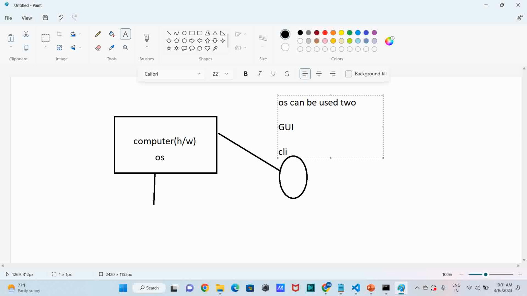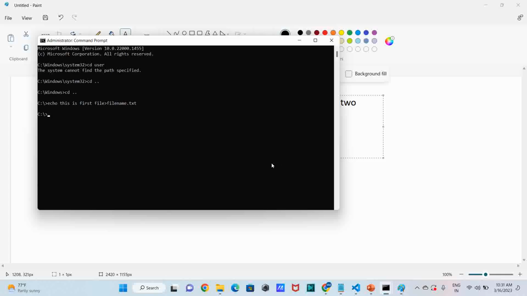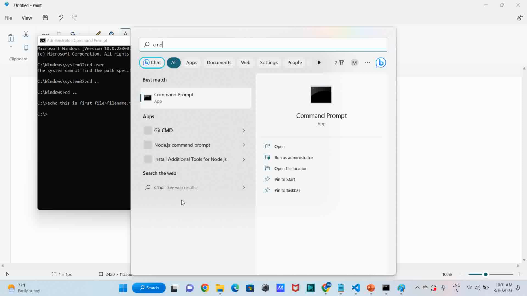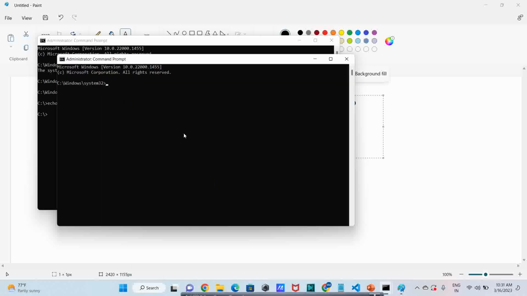So what is the command line interface actually? The command line interface is something where we give the command and it does it. So I'll go to the command prompt, cmd, and open it with run as administrator and click yes.